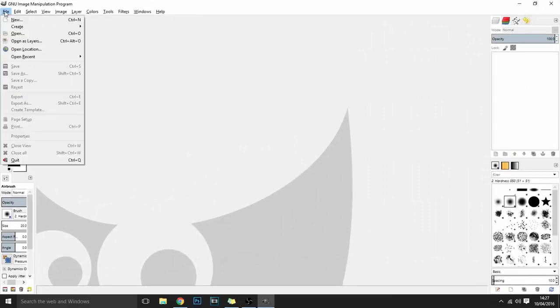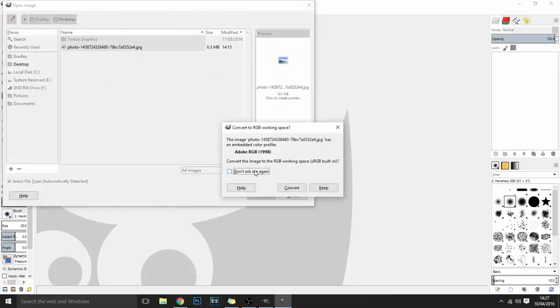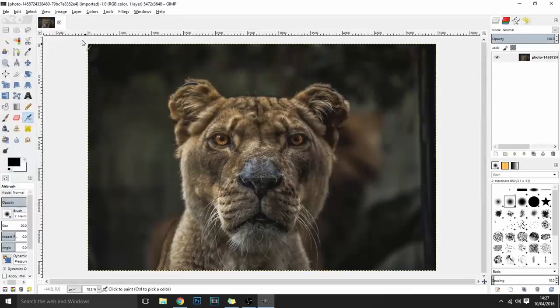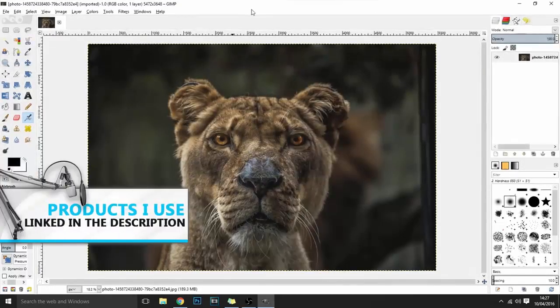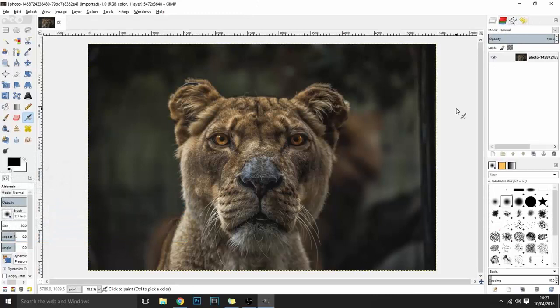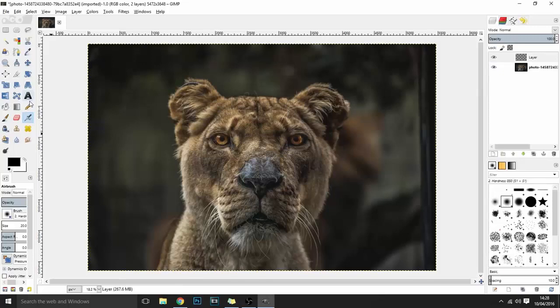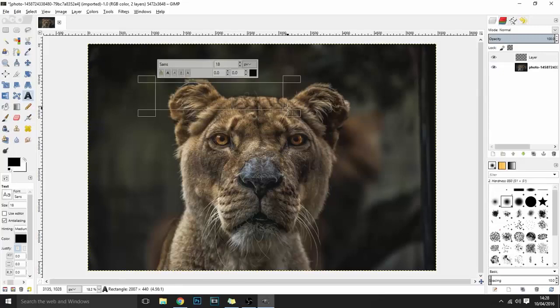Now when we go and open up a file by clicking file and open, it's going to go ahead and open up the file in the center, and now everything's locked together as one unit, so you can edit it as you please. Now one of the main features about Photoshop or any professional editing software is the use of layers, and in GIMP you can do that. You can go ahead and add new layers, and you can add text to your image,